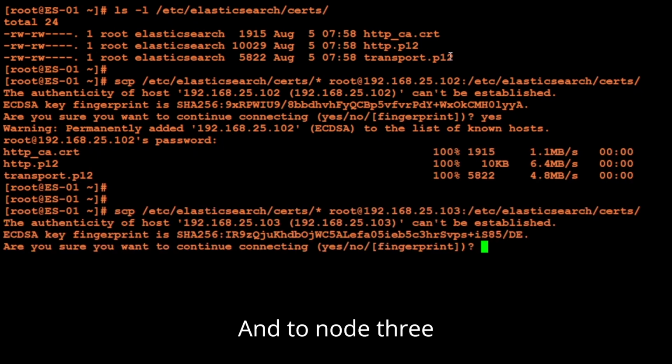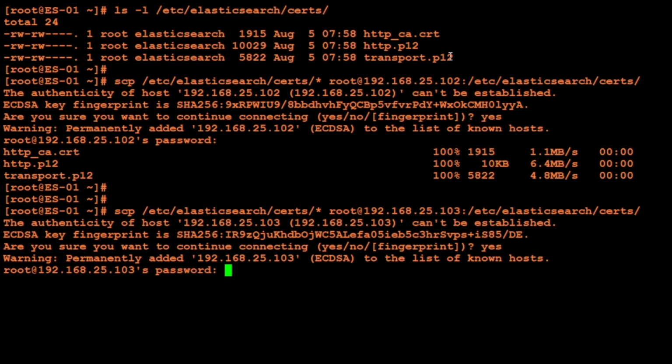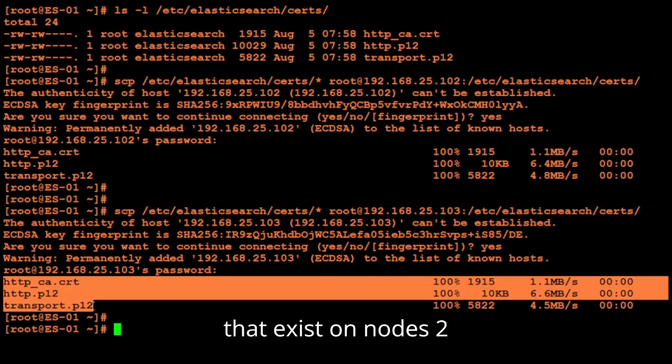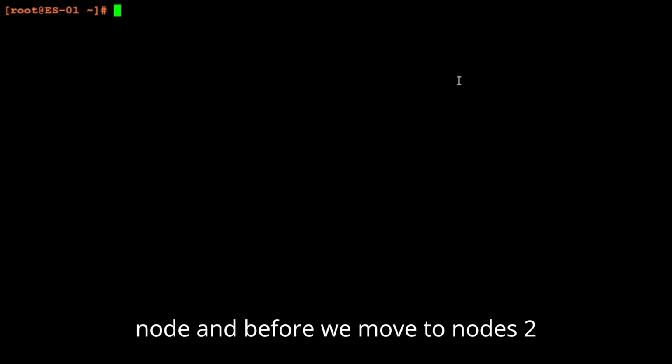And to node 3. And these will just overwrite the ones that exist on nodes 2 and 3. After we copy the certificates on each node, and before we move to nodes 2 and 3 and make sure the settings are set on the YAML files,